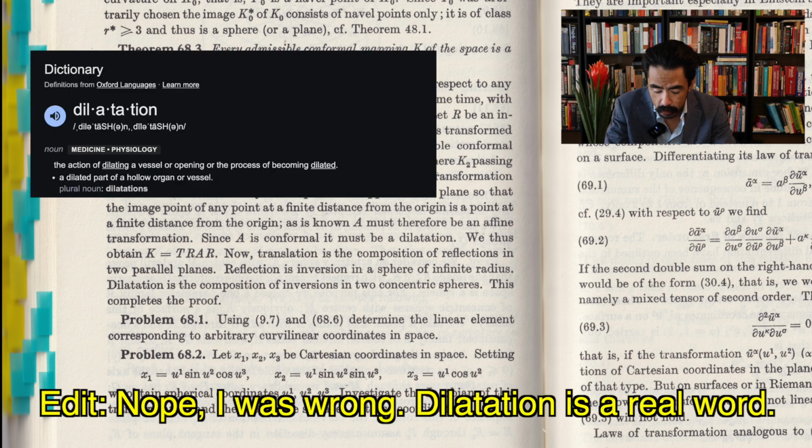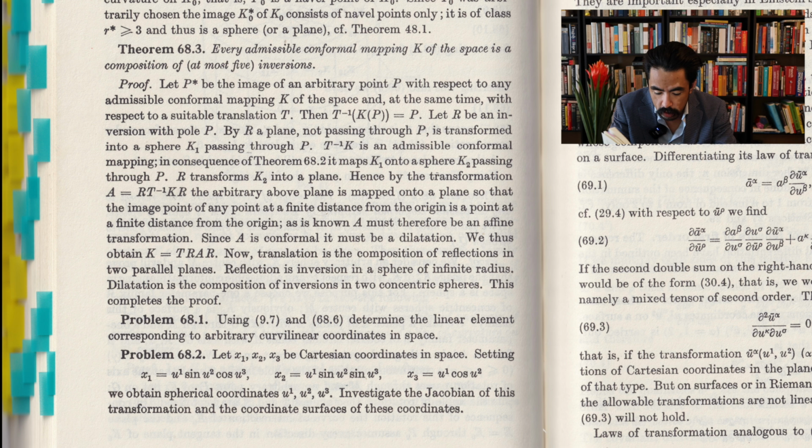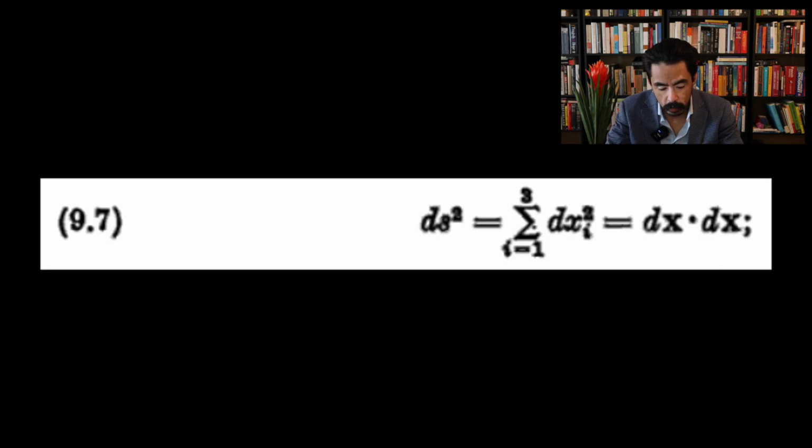Dilation, I think, is the composition of inversions in 2 concentric spheres. This completes the proof. And now we have 2 problems here. Problem 68.1. Using the previously given definition for the element of arc or linear element of a curve, say capital C,